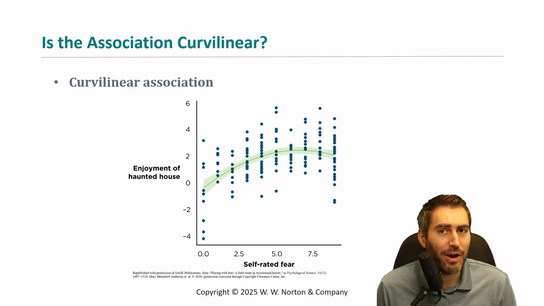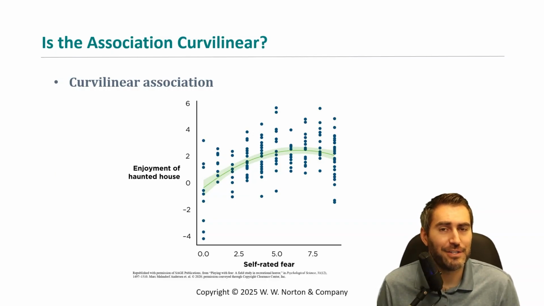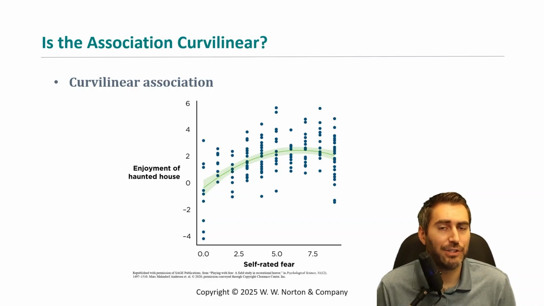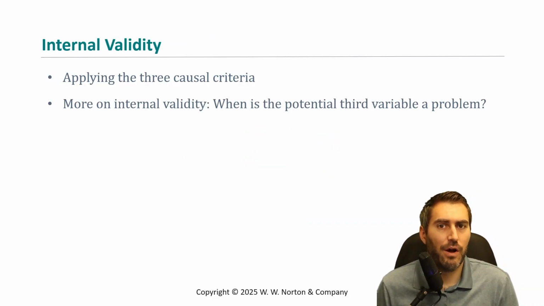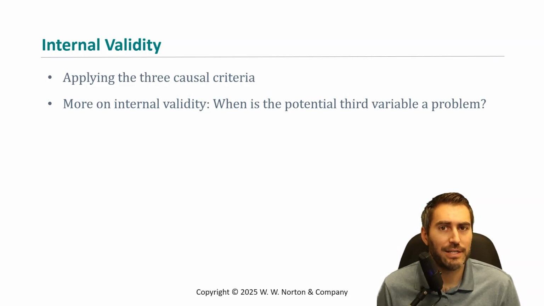After that sweet spot, the relationship reverses direction, such that as people become very scared, their enjoyment ratings actually drop. This curvilinear association is not captured adequately by a simple bivariate correlation coefficient, which can only depict a straight line. Although it's not a priority to interrogate internal validity when making an association claim, we still want to consider internal